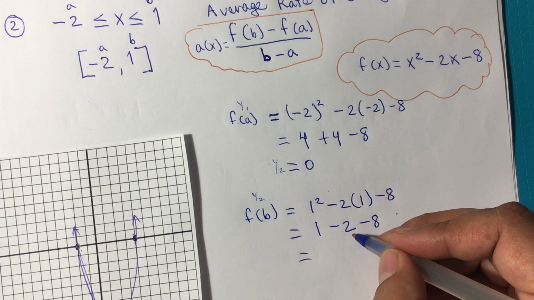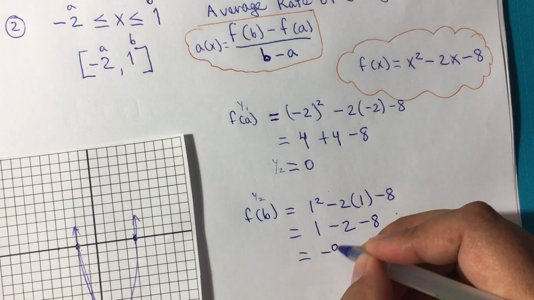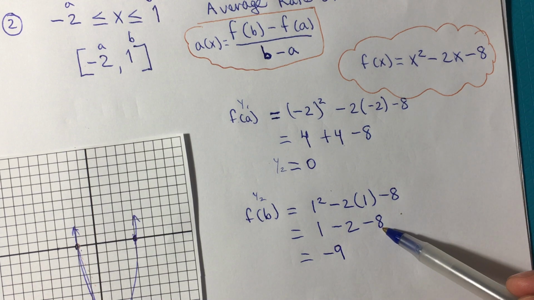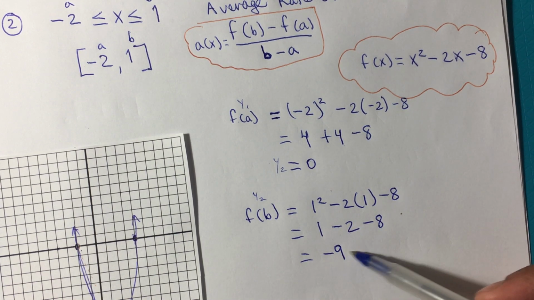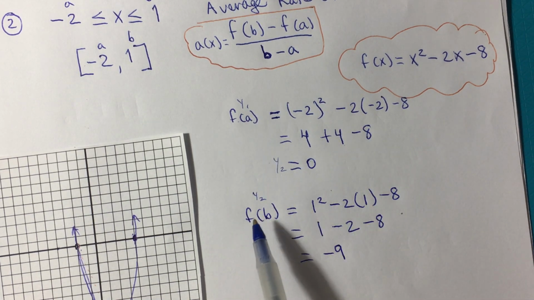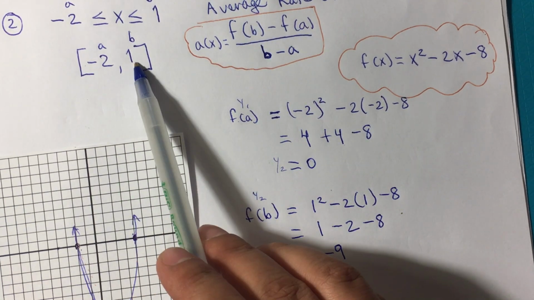1 minus 2 is -1 minus 8, -9. Another way to see it is -2 and -8 is -10, but then you have one positive. -10 and +1 is -9. Now that we have f of a and f of b, we substitute those in here and these values in